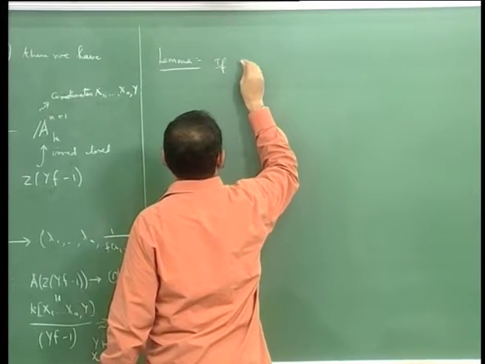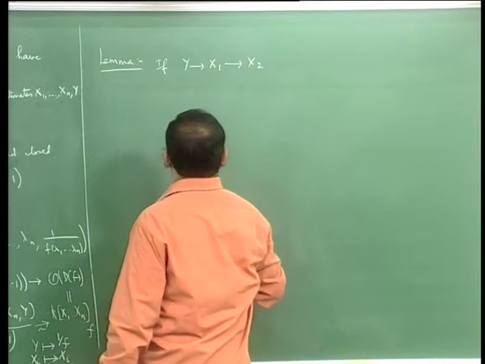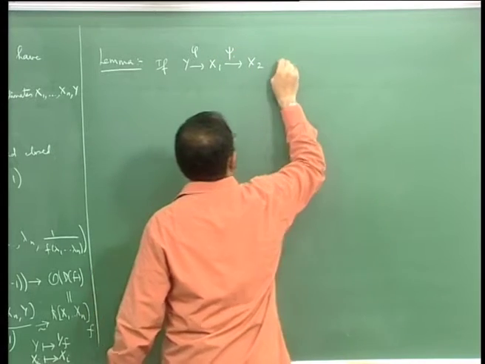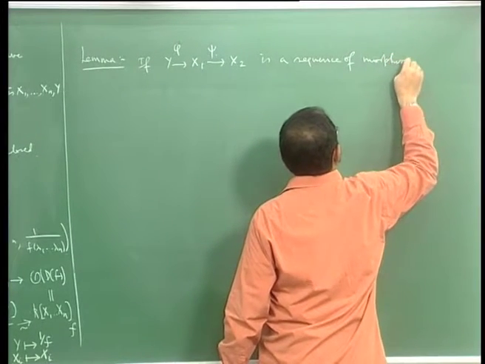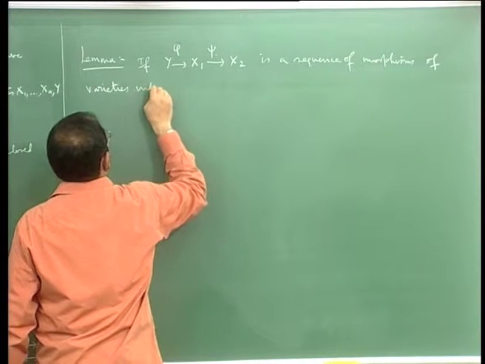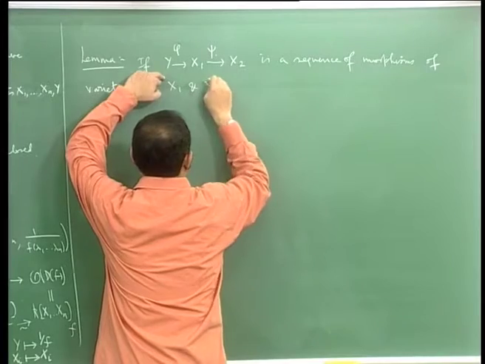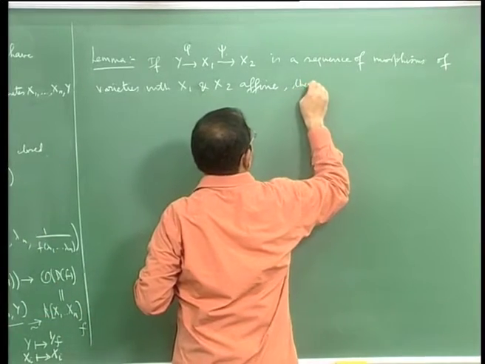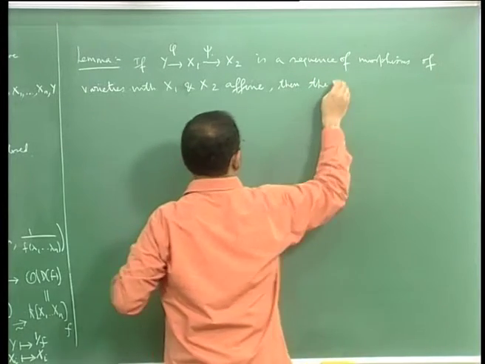If y to x1 to x2, with phi and psi, is a sequence of morphisms of varieties with x1 and x2 affine, okay, then the K algebra homomorphism